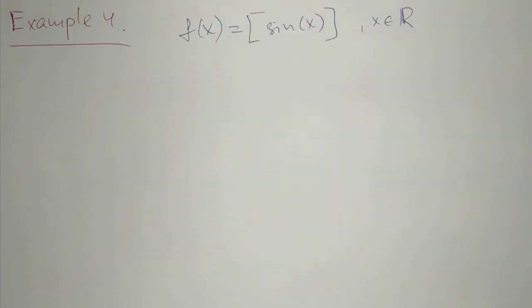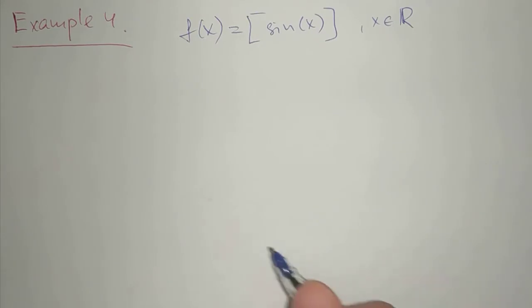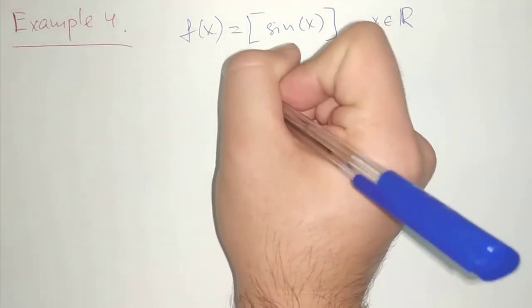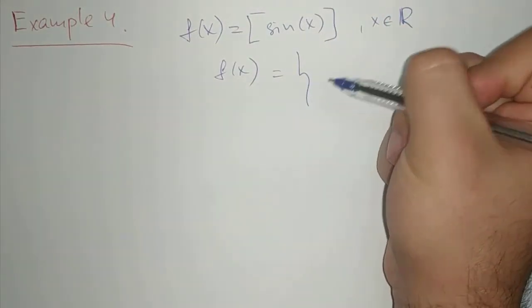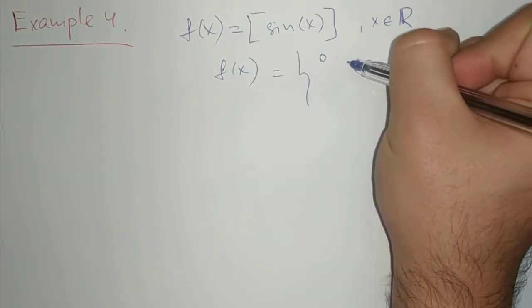Next example. Find the point of discontinuity of the function integer part of sine x. So this is the integer part of sine x. We need to find the point of discontinuity. So from the definition of integer part, the f of x is equal to 0